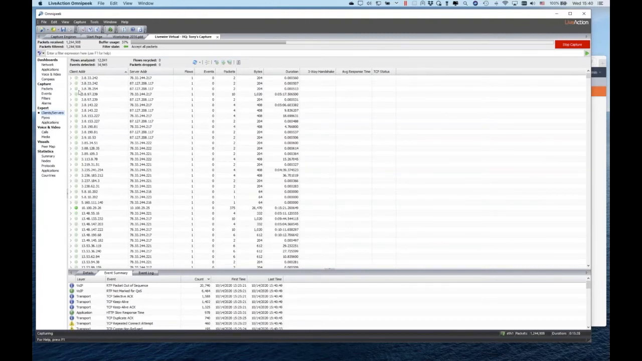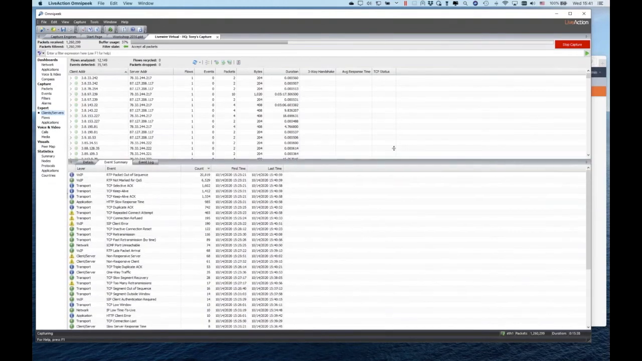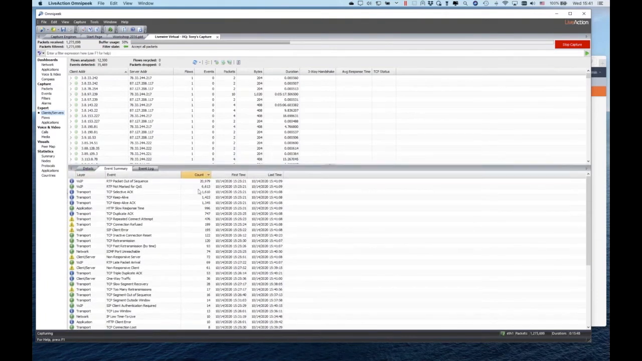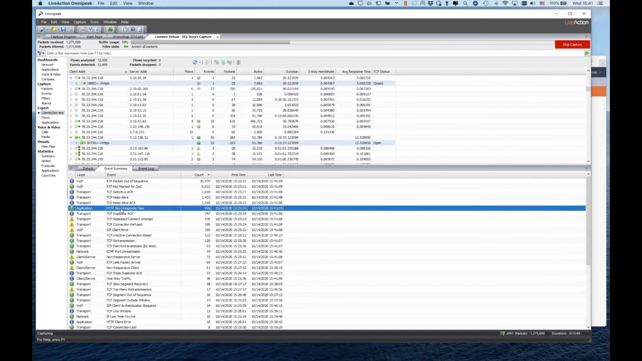We've got all the client servers, expert analysis. So this is a breakdown of every single client on the network and who they're communicating with. And when you open these up, you can see, for example, what protocol they're using. Notice down here, we've got event summary. We've got HTTP slow packet response time. If I click on that, then it highlights which of these flows have got